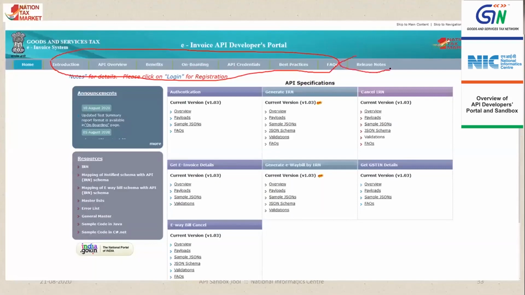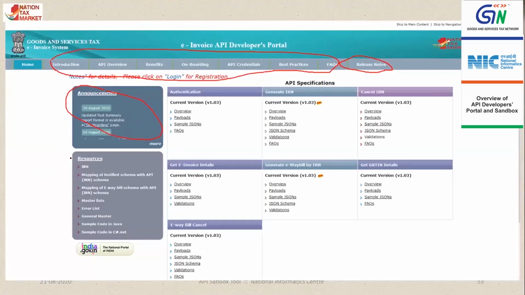And all the release notes for the subsequent versions of our application API releases will be provided over here. And under the announcement box, one will be able to get all the important announcements that will be making to communicate to all the stakeholders will be provided over here.